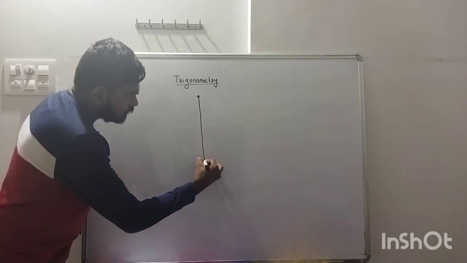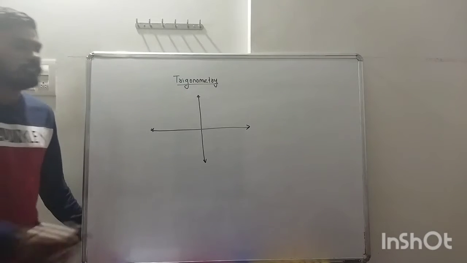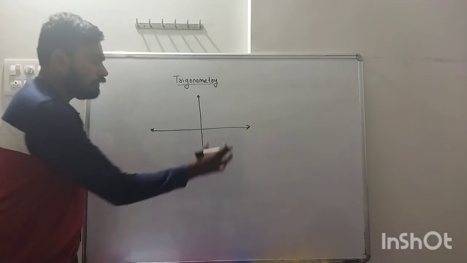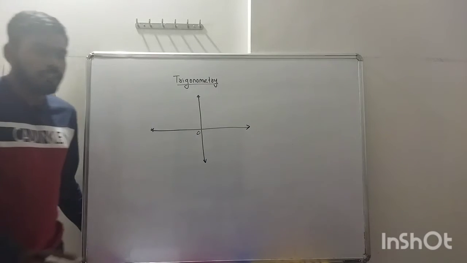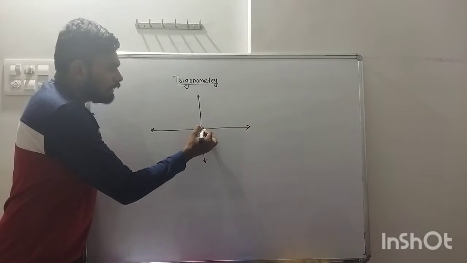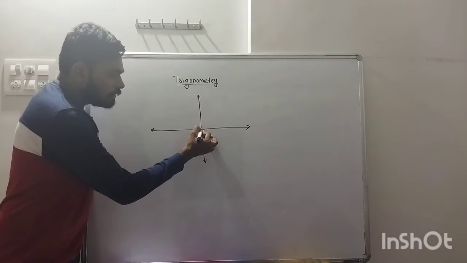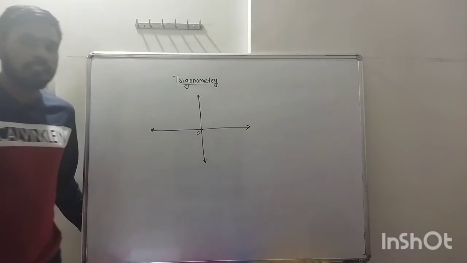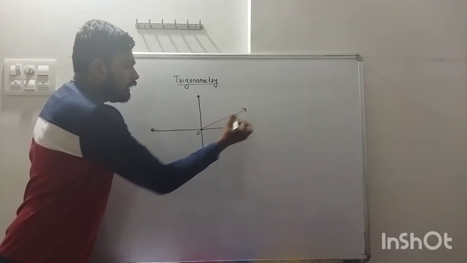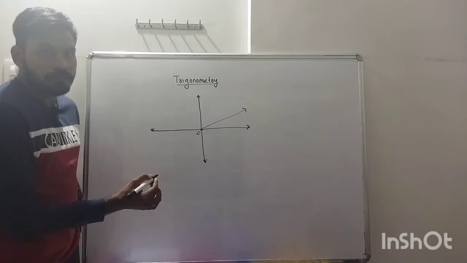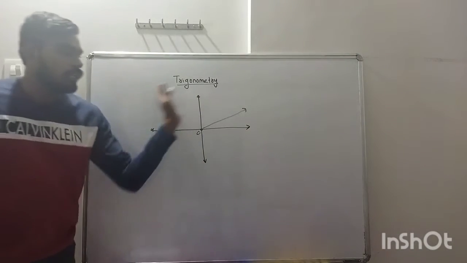So see, what we do in the coordinate axis is we fix this arm. We take this as one arm of that angle, and the second arm we can take anywhere here. The vertex of the second arm must be here. If I take the second arm here and this angle is 30 degrees, then this angle becomes 30 degrees, and now the second arm we can rotate.